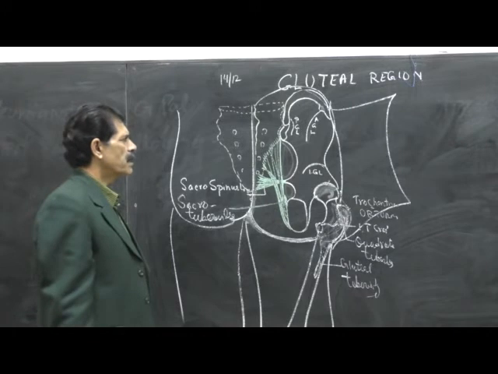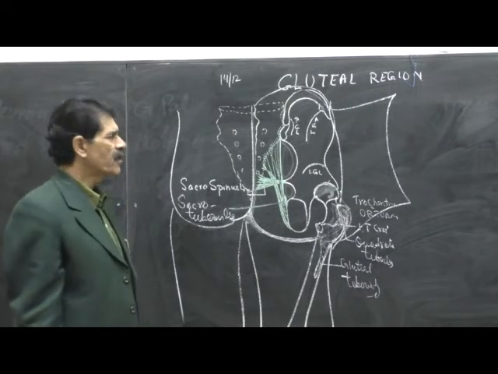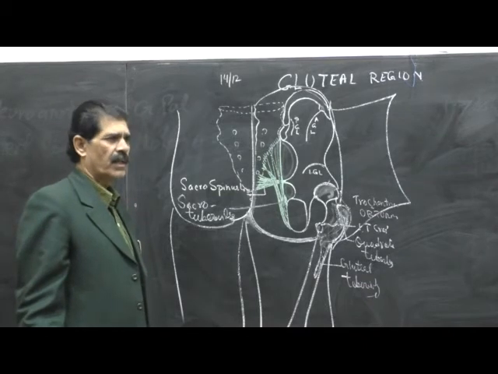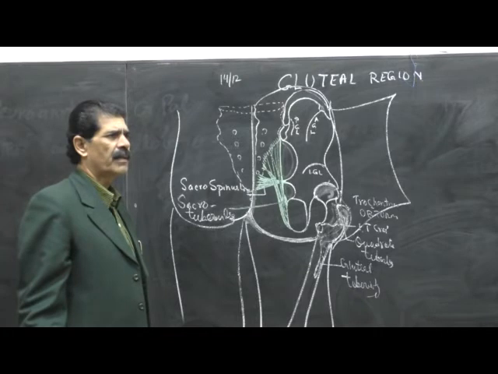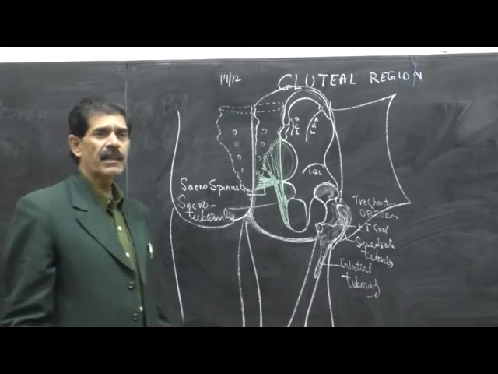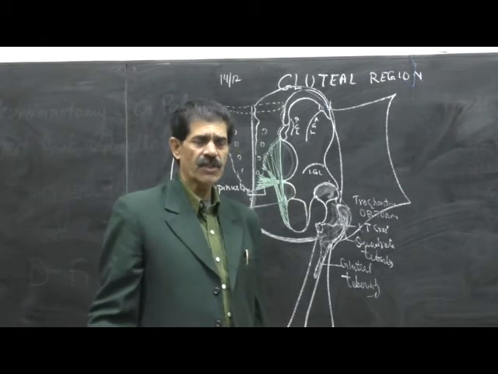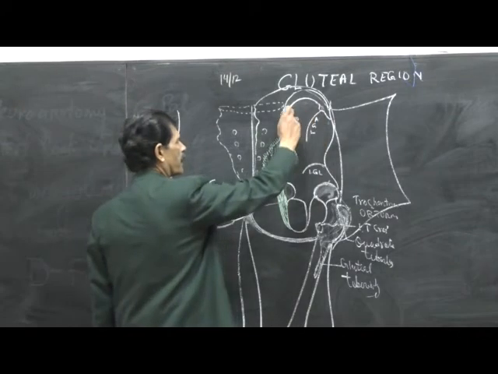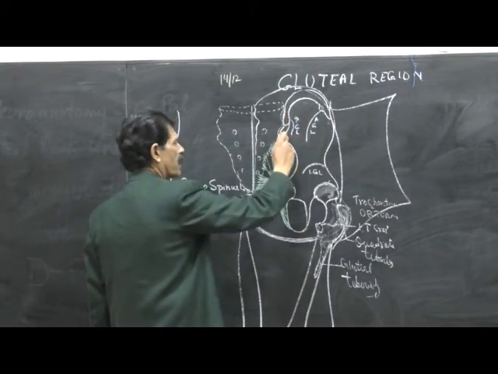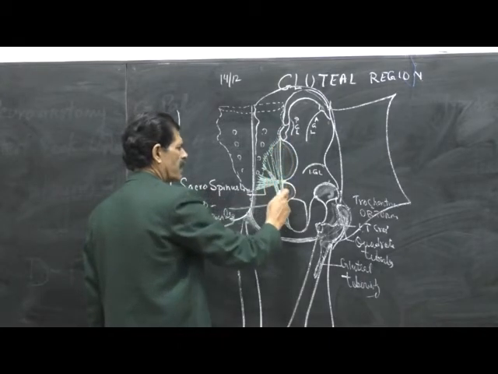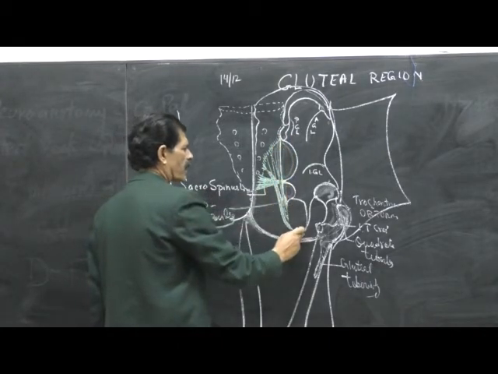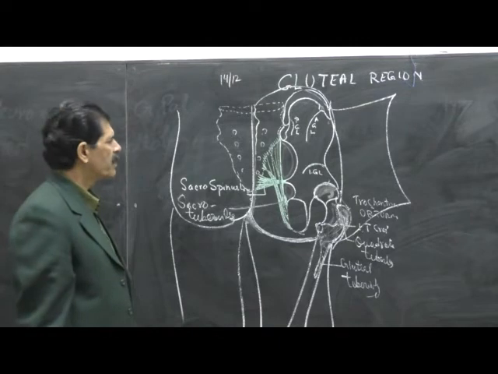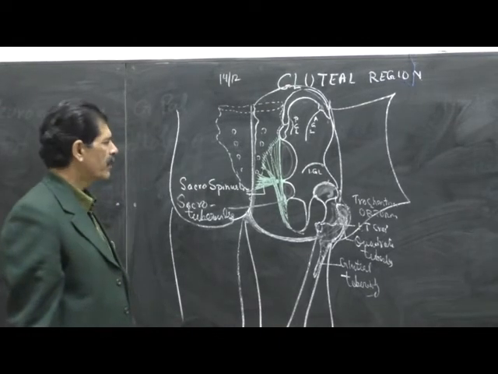So below the skin there lies the superficial fascia, which contains cutaneous artery, veins and nerve, and below that lies the deep fascia. This deep fascia is the same fascia that we have done, that is the fascia lata, but when it is present in the gluteal region, it is called the gluteal fascia. The attachment we have already done, so it is attached to the outer lip of the iliac crest, then posterior superior iliac spine, posterior inferior iliac spine, then entire length of the sacrotuberous ligament. From here it reaches the ischial tuberosity, and from ischial tuberosity it reaches the ischiopubic ramus and then pubic symphysis. So that we have already done in the front of the thigh region.